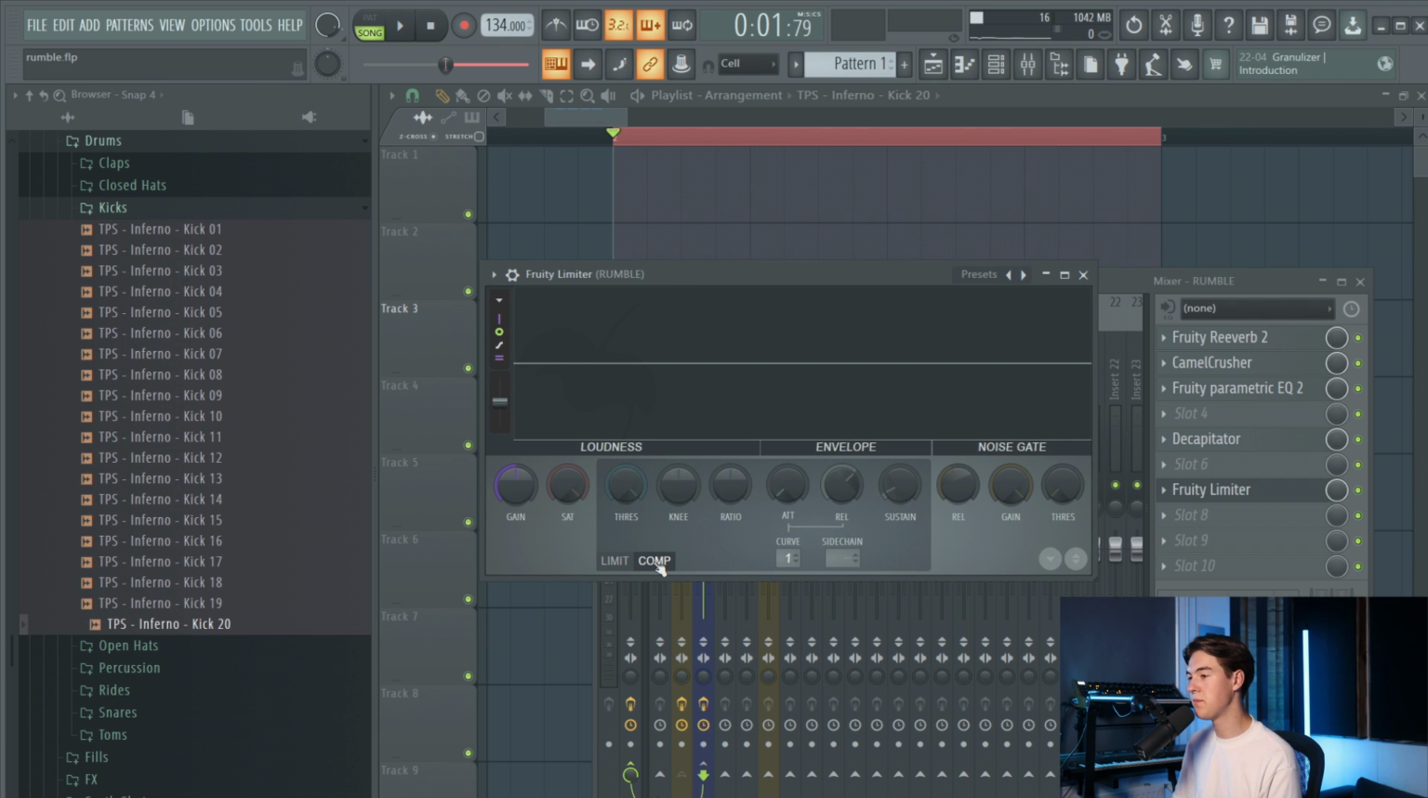That's like the compression part, because we're sidechain compressing it. Then you see there's a box which says sidechain, and you want to put it up to 1 because that's the channel of the original kick. So now we have the signal of the rumble sidechained to the kick. When I play it,